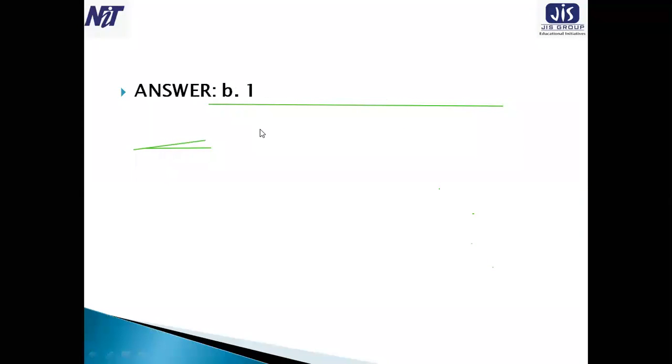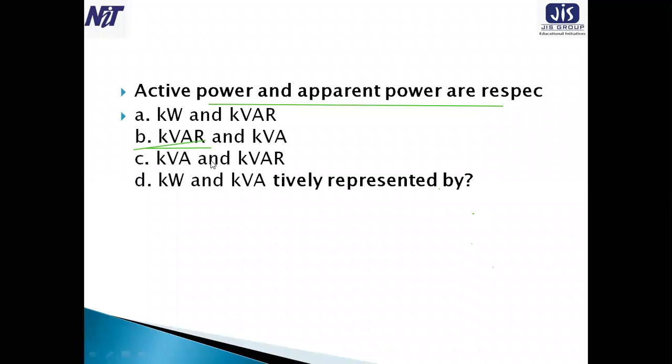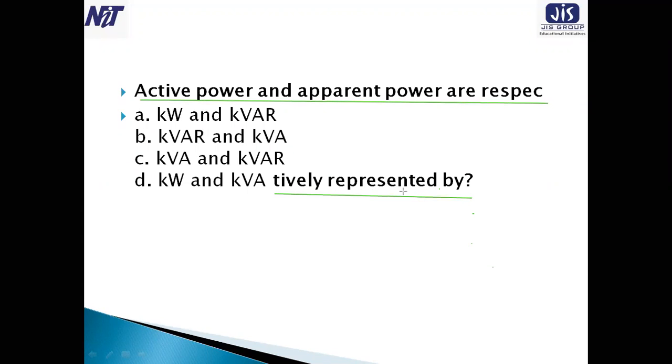Now, the next slide. Look, this is also a very easy and important one. Active power and apparent power are respectively represented by which one? The active power and apparent power are respectively represented by, which one will be the answer? Active power is kilowatt, you know it is kilowatt. And the apparent power is,